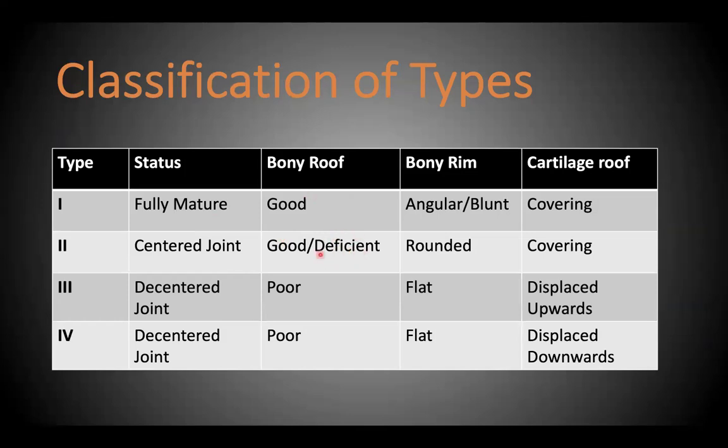Sometimes it may be deficient for the age of the child, but the joint could still be centered. In a decentered joint, the bony roof is going to be poor. Your bony rim is going to be flat. And the cartilage roof will be displaced upward in a Graf 3 hip as opposed to a Graf 4, where the cartilage roof will be displaced downwards. And in type 1 and type 2, your cartilage roof will be covering the